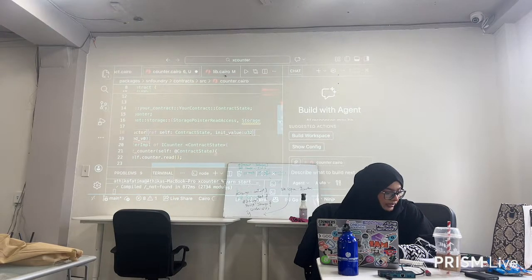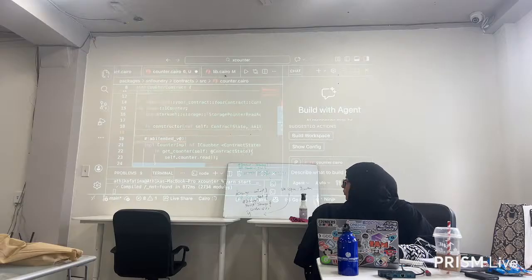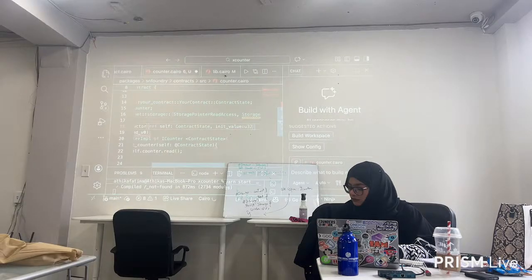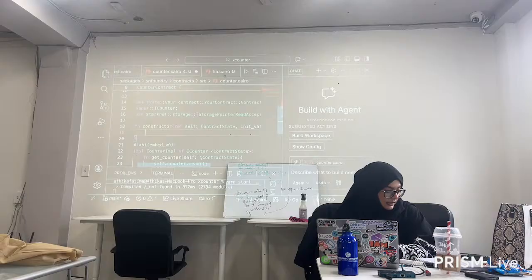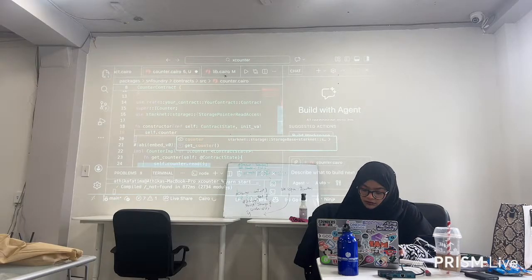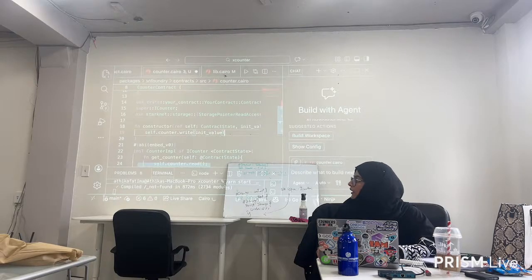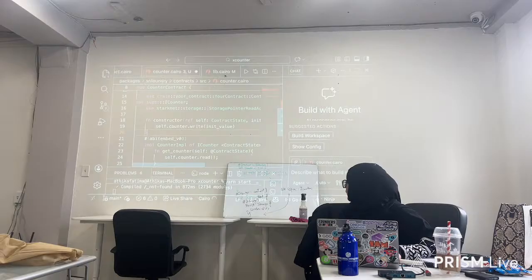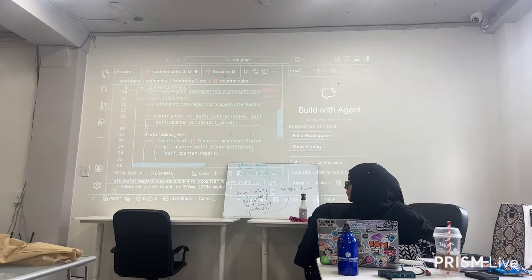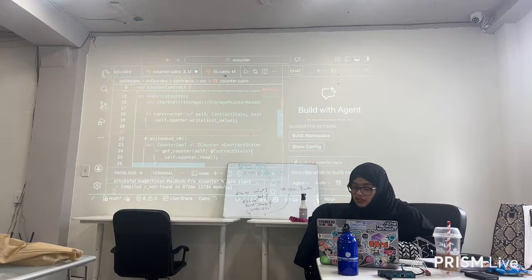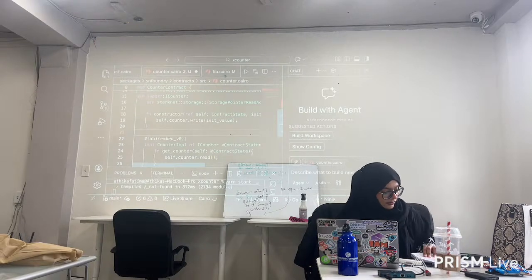Okay. And then we're going to open up this function, press enter, self dot counter dot write init underscore value. Right. And this init underscore value is nothing but your initial value that we are talking about, that we are writing through this constructor. Now since this is the constructor of the smart contract,